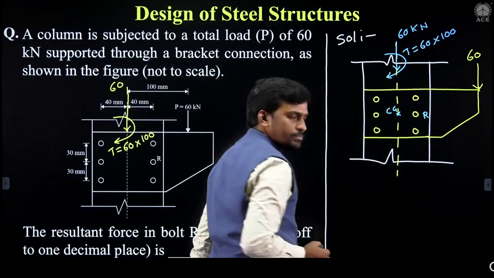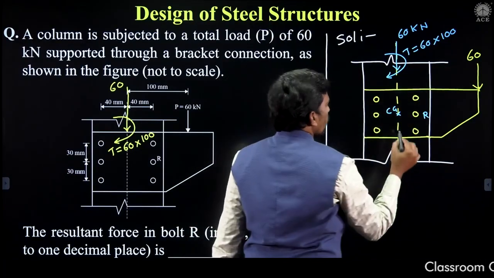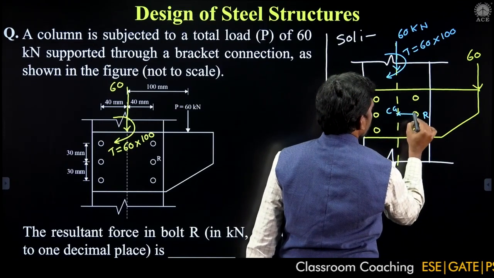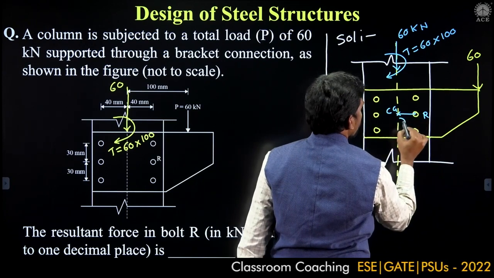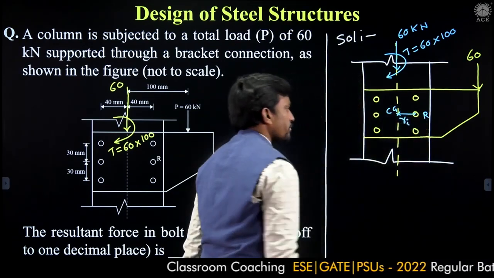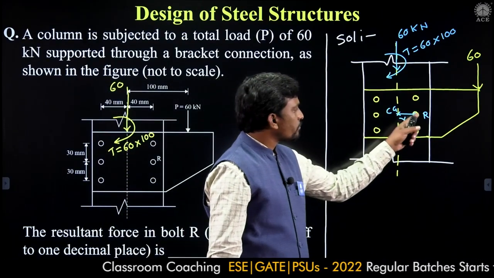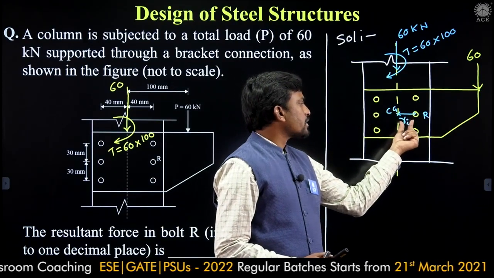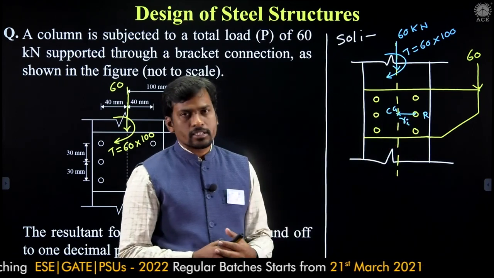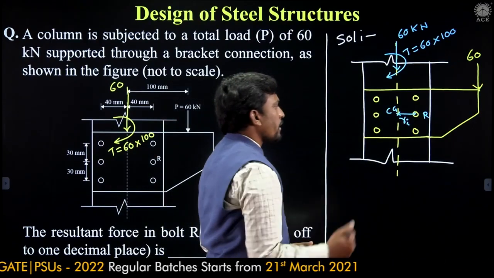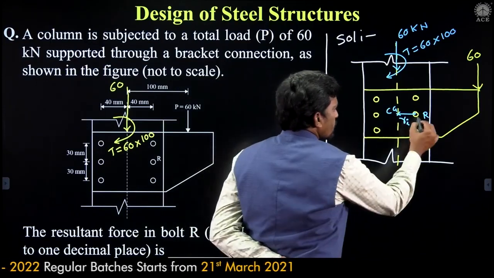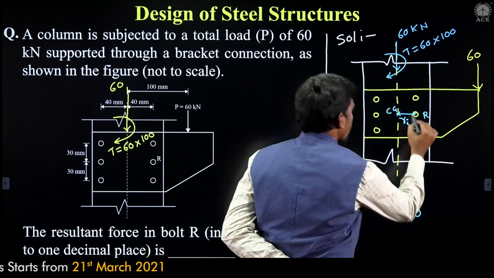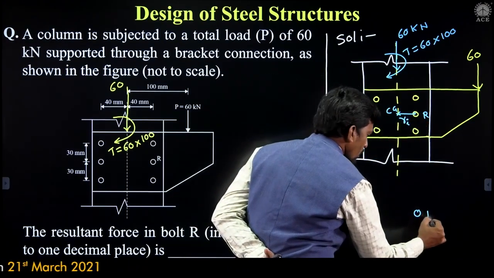First, only bolt R. From the center of gravity to this bolt R, what is the radial distance? For example, Ri. We have to find the distance, don't worry, we'll find it. Then how to mark the forces? I'm taking this bolt R out separately, because if I mark it here it looks a little bit clumsy. This is the bolt R.